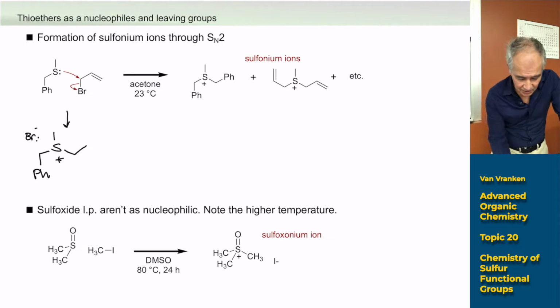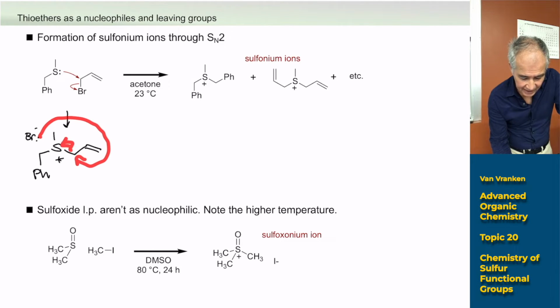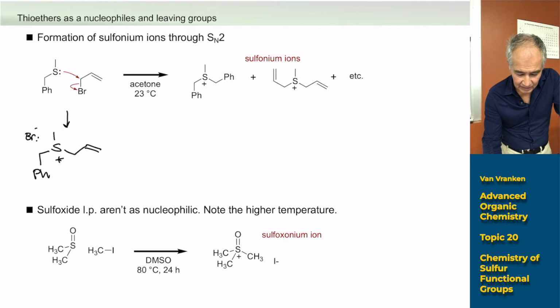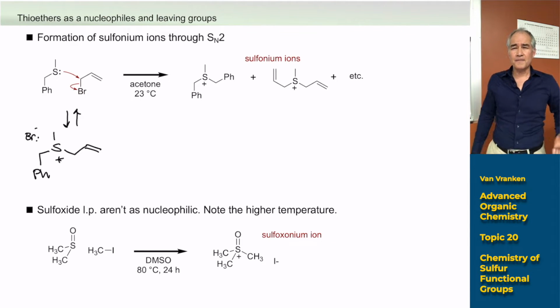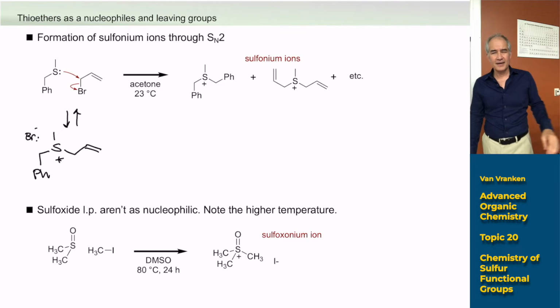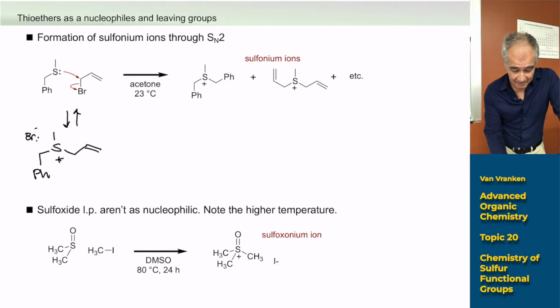Now, it could do SN2, sorry, I didn't finish my allyl group here. It could do an SN2 reaction in order to regenerate the product. That's definitely happening. That SN2 process would be reversible, but I'm not going to draw that because I don't want to confuse us. I'll just draw a backwards arrow here to remind you that that initial SN2 to make the sulfonium is reversible. You can go right back to the sulfide and to allyl bromide. But sometimes